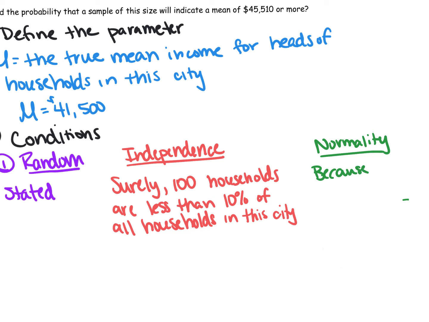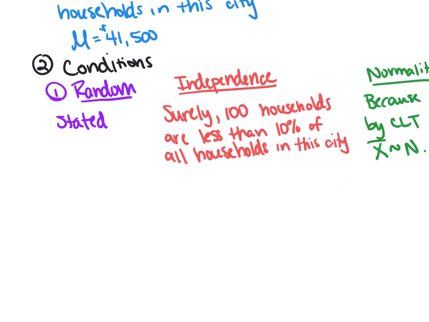because n is greater than or equal to 30, central limit theorem focuses on the number 30. Because n is greater than or equal to 30, by the central limit theorem, I'm talking about the sample means, so I'll call that x bar, follows an approximately normal distribution. We know it's normal because of that. And so once our conditions are met, we can now go ahead and move to the next step, which is our third step, to actually state